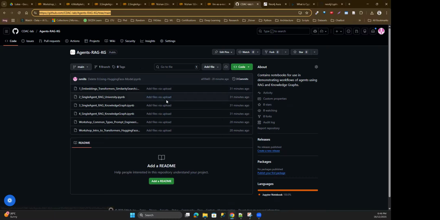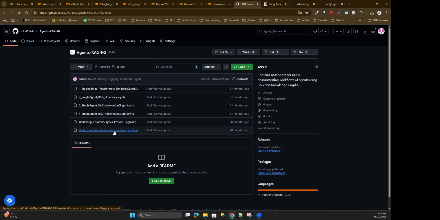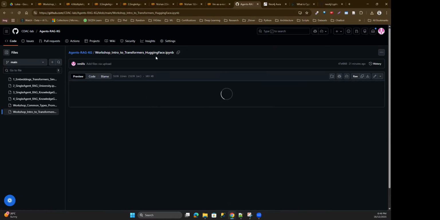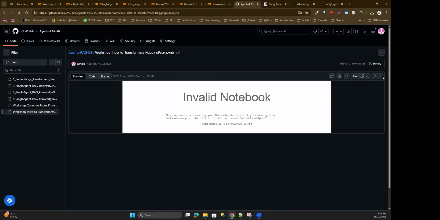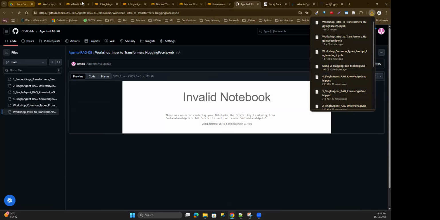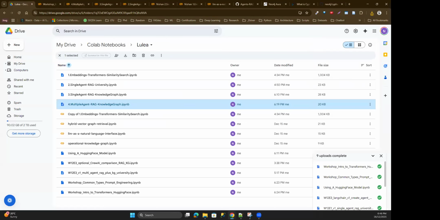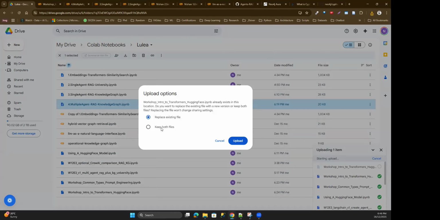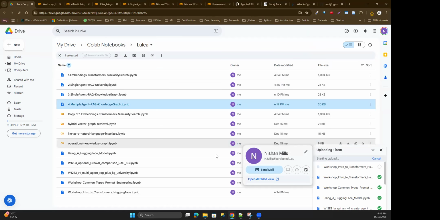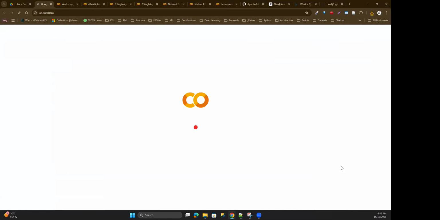So the first thing we'll do is take one of these, this one. I'm going to use this workshop intro to transformers, and I want to run this on Colab, right? So one thing I can do is I can just download this raw file. If I say download, it'll download it here. Then I can take it and upload it into Google Drive, right? So I'm just going to drag this over here. I'll keep both files, right? And once downloaded, I can double click on this and it'll open it up for me in Google